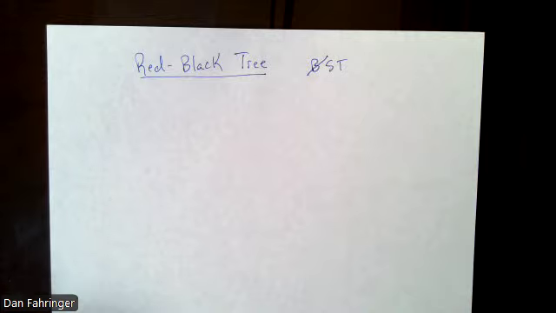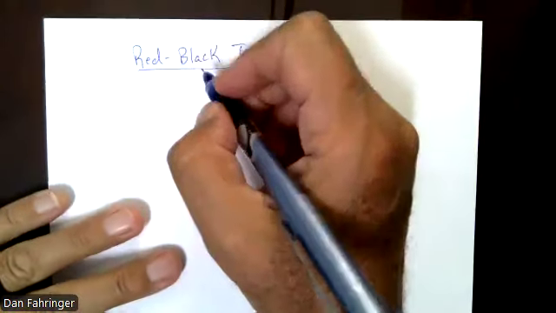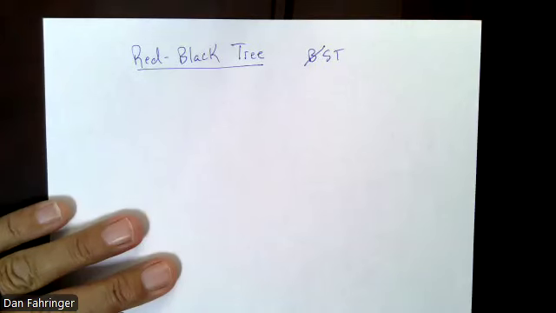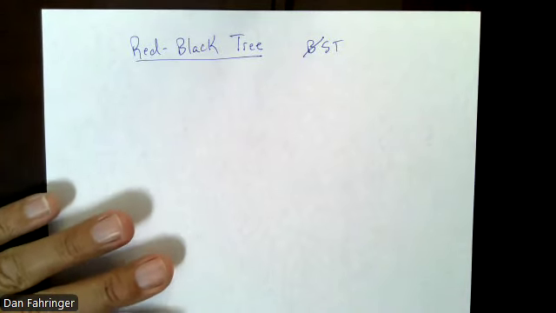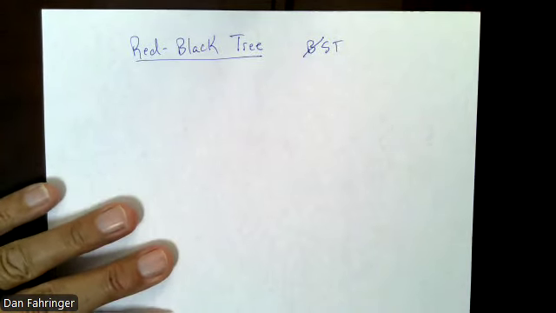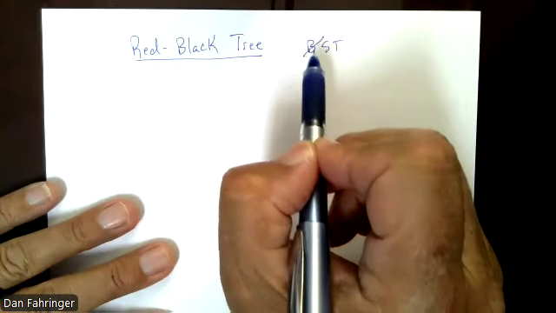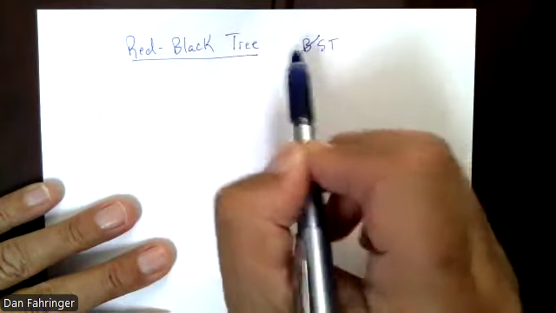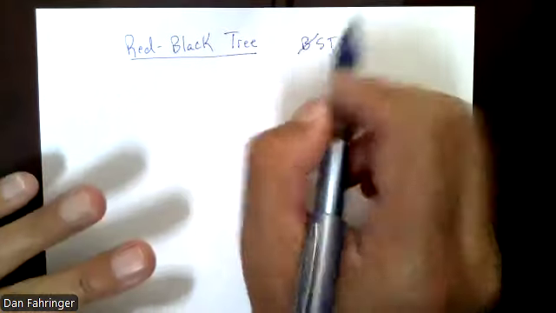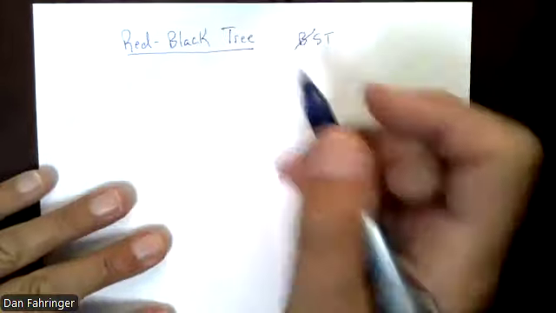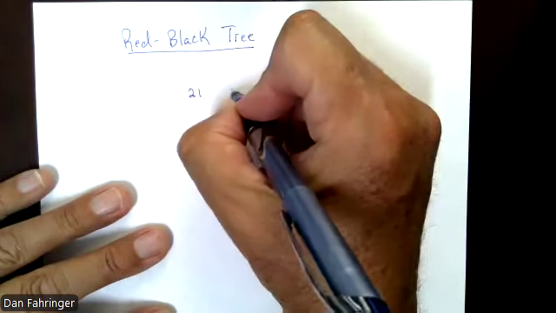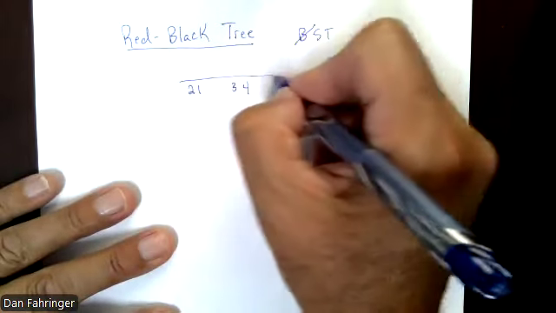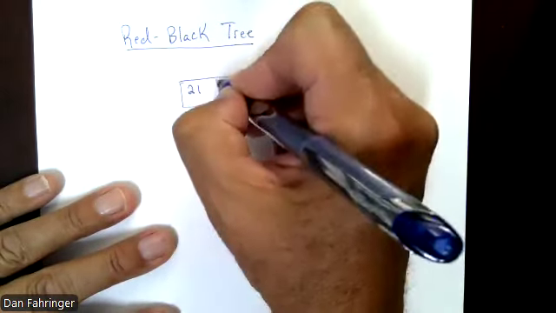So we just did that 2, 3, 4 tree, and a red black tree is going to be extremely similar, except it's a binary tree. The last one was just search, but when we do this red black, I think I said it's not binary. It is binary. The one we just did looks something like this: 21, 34, and if I actually drew